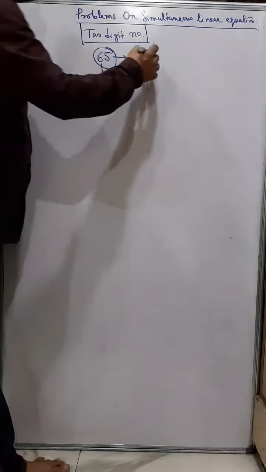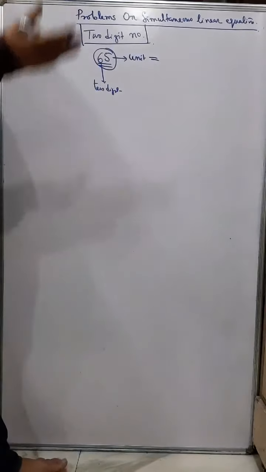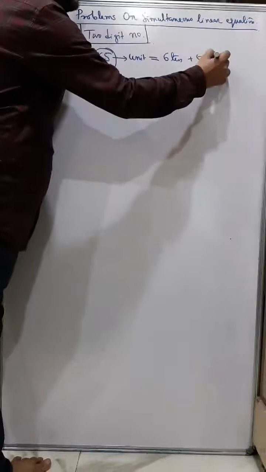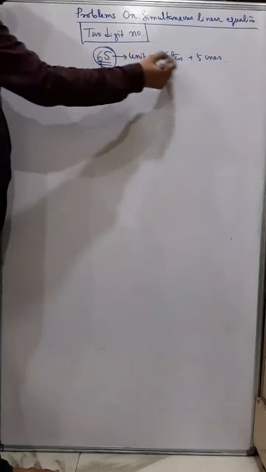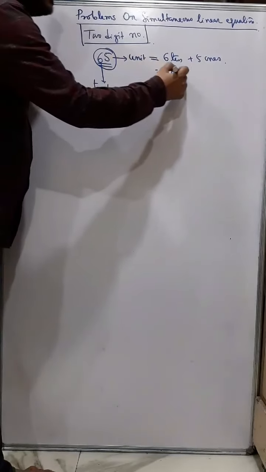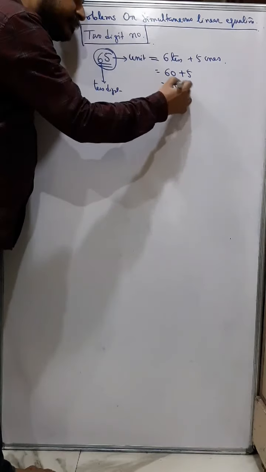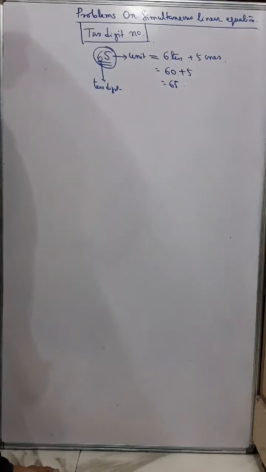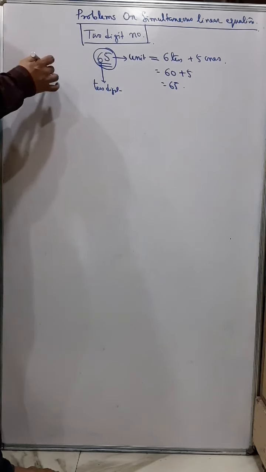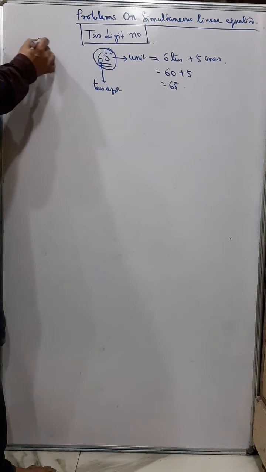Now why is it known as tens digit and unit digit? Because if you expand 65, as you have done in junior classes, that actually means 6 tens plus 5 ones. Now 6 tens actually means 60, so 60 plus 5 becomes 65. Understand? So remember, a two-digit number mathematically does not mean 6 and 5 just sitting together.